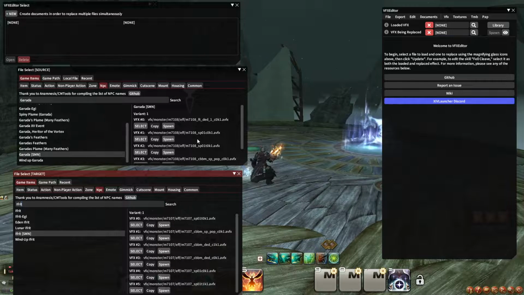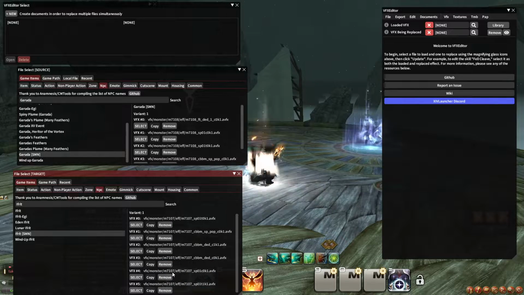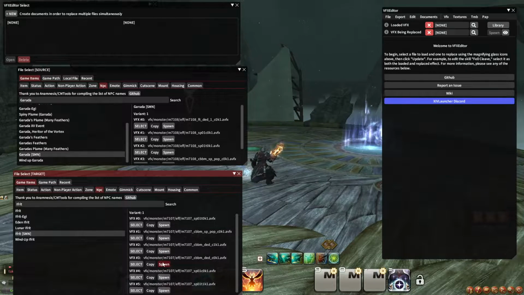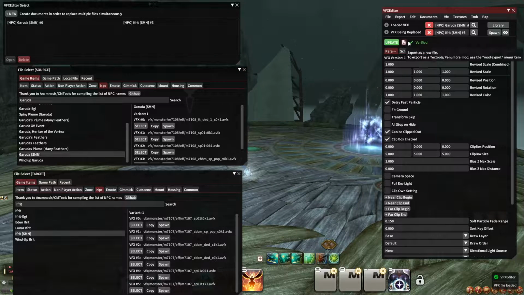So Ifrit has these death pops, or death animations, or death visual effects. So you have that, and that's the one I want to replace specifically. So this one. Okay, so choose that one and select this one, update, and then